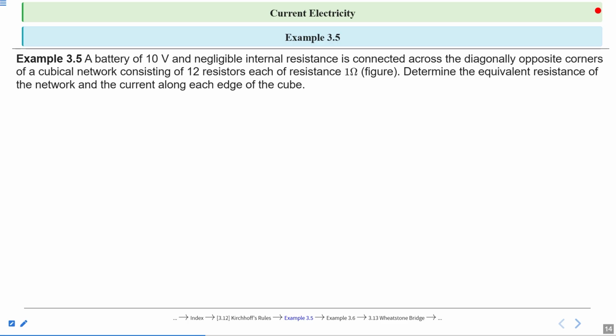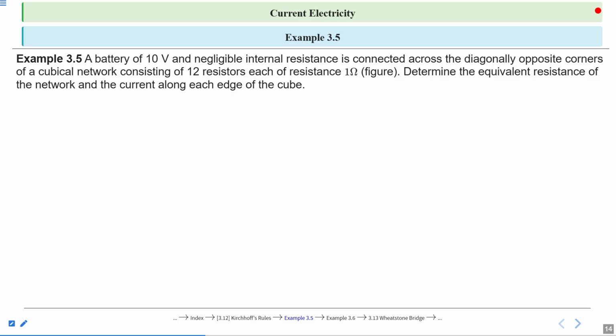Batteries in series and parallel we have discussed in our previous lecture, and how we can find the equivalent EMF and equivalent internal resistance. We have discussed in detail in the previous lecture. So if there is more than one or two batteries, we can use that result also. But here you will not need to use that.